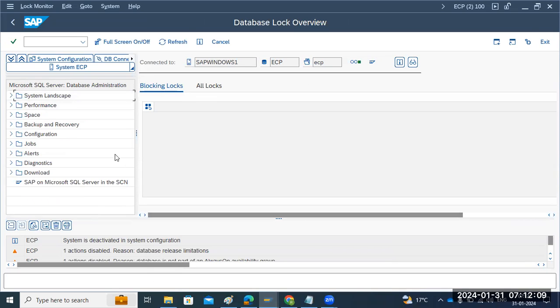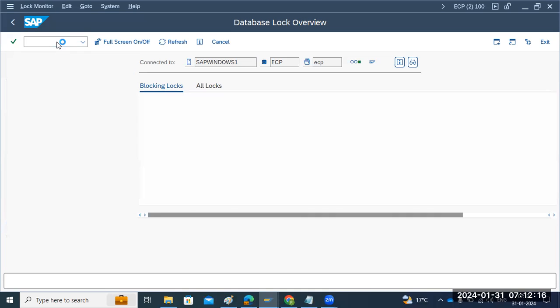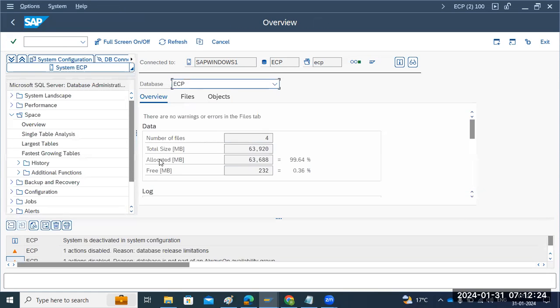But this screen is common for DBA Cockpit and all the transaction codes. Suppose I go to DB02, the same screen you will get, but here it goes directly to the space related screen. So directly the space and warning related transaction codes will go here. But same screen. Then if I go to DB03,